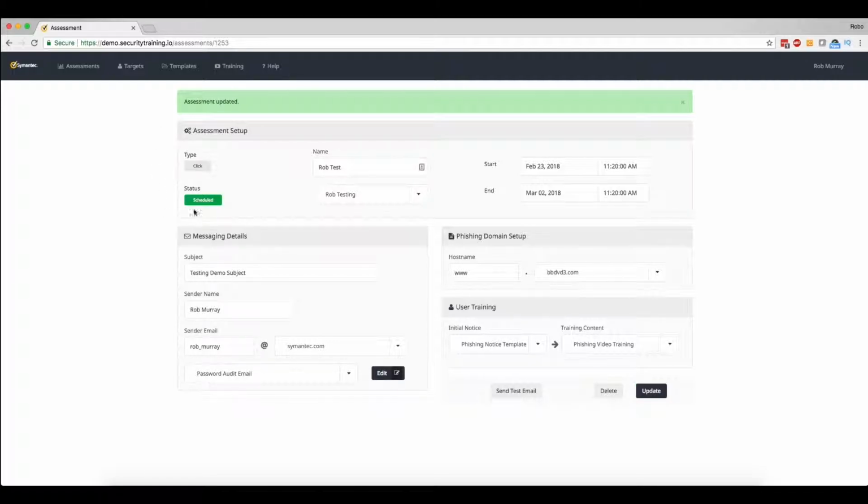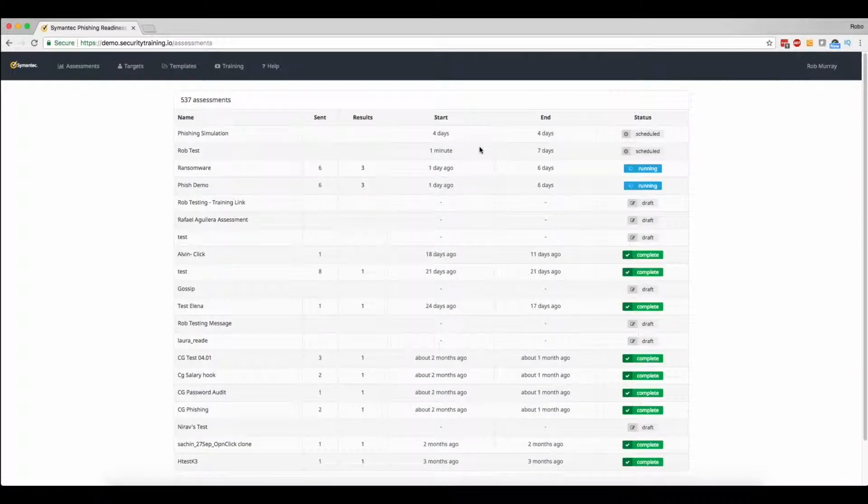Once an assessment has been scheduled, you'll see its status as scheduled. Then you will also find it in the assessment list, where it'll show its start and end dates as well as its status, which is scheduled. So now that we've scheduled an assessment, we'll also jump to assuming that it's now been run, and we'll get